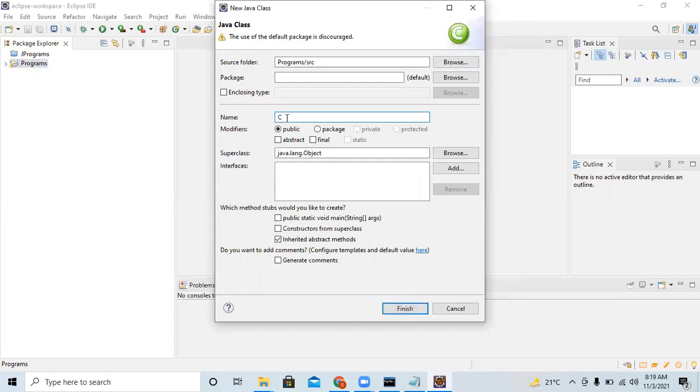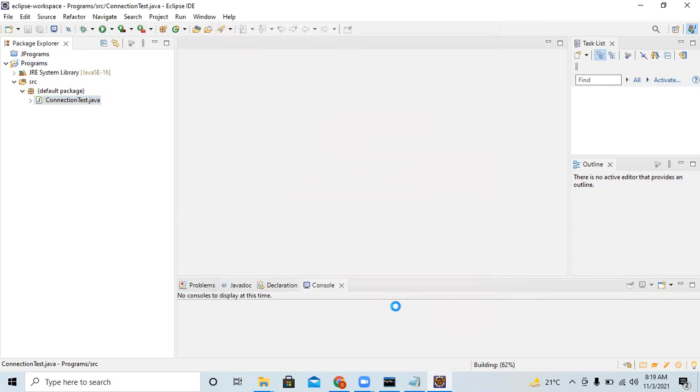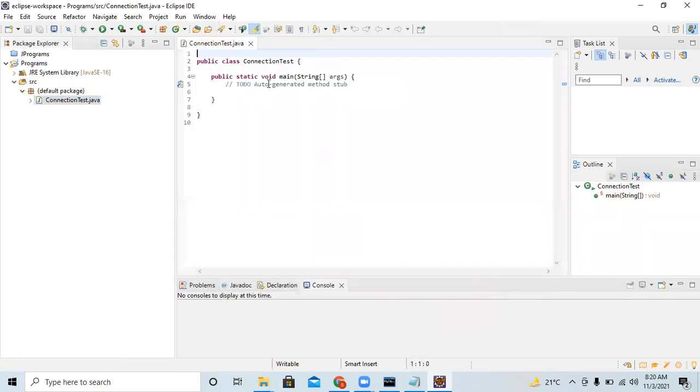So I am going to check the connection of the MySQL database. So I am giving it the name connection test. You can give this name whatever you want. And I am enabling the main function also. Click over this public static void main function also, and then click over the finish button. So, okay, connection test, and then you write some